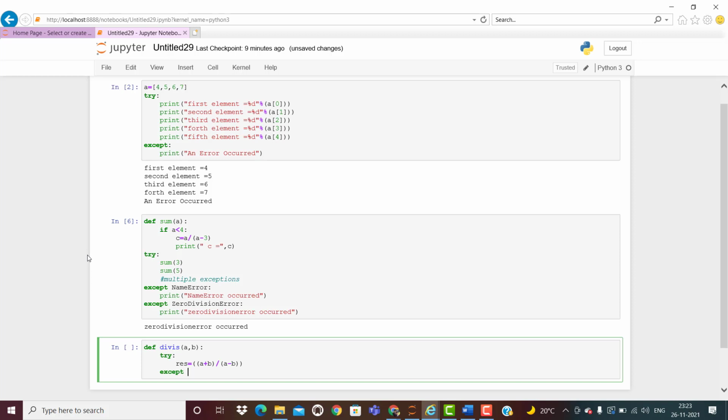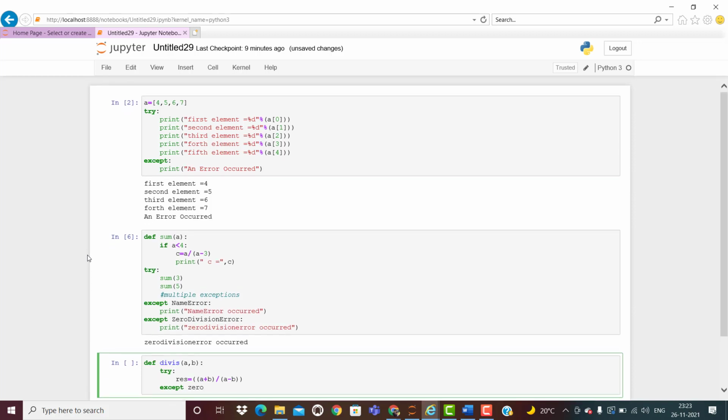So here we will write with a 0 division error, and write down here some print statement, that is a by b result is 0 something we will write.